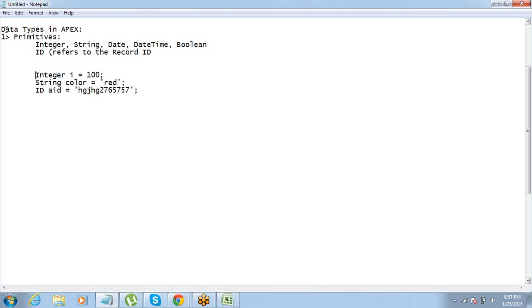Okay, apart from all these, integer, string and all these things are very common. Any other programming language, these are there, but ID is very specific to Salesforce. Okay, so this is one thing. So primitive is one thing. So while we are talking about primitives, we are just talking about the normal values, which can be strings, integers and all this kind of stuff. Correct? Now the other thing that we have is,